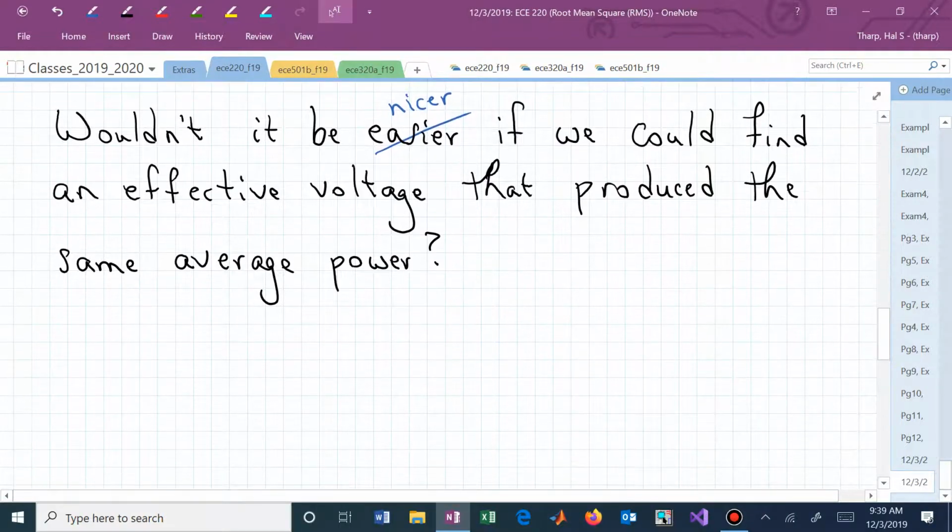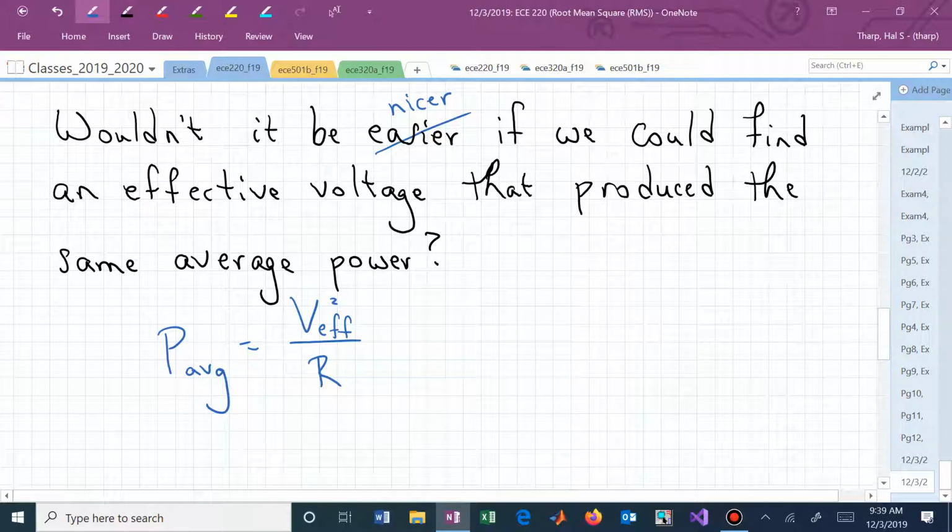In other words, can we think of this as some effective voltage squared divided by R,